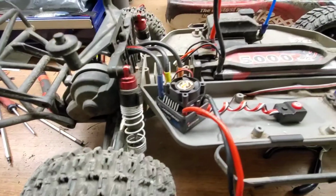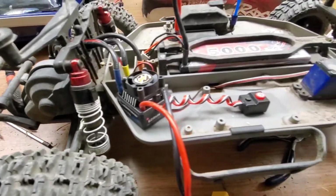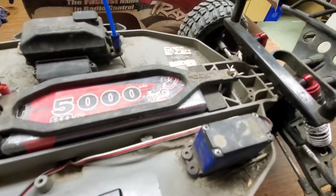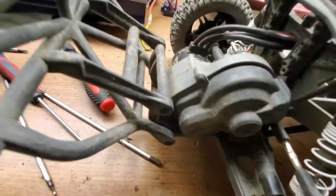You can get the Slash going pretty fast. Like the gearing I had in before, this thing is way faster than it is now. But I have it set up for my kids, so I just gotta leave it slow for them. And if I want to, though, a quick